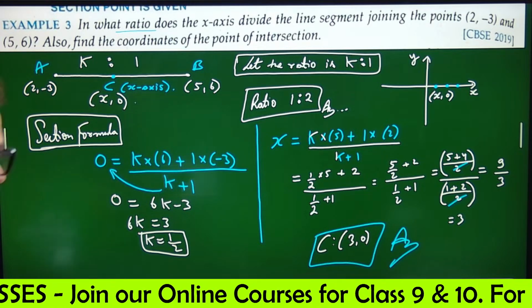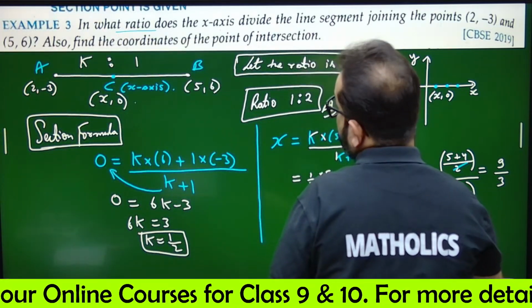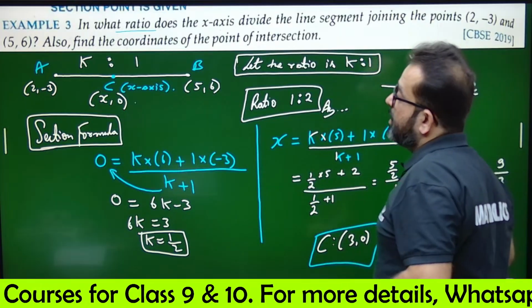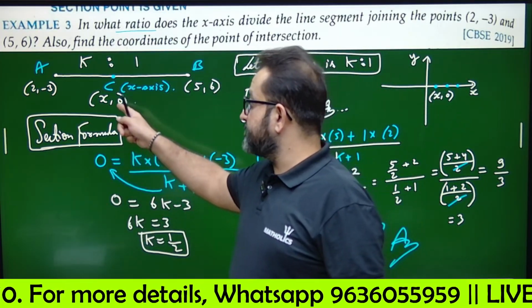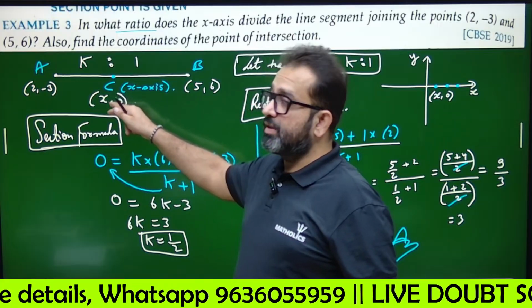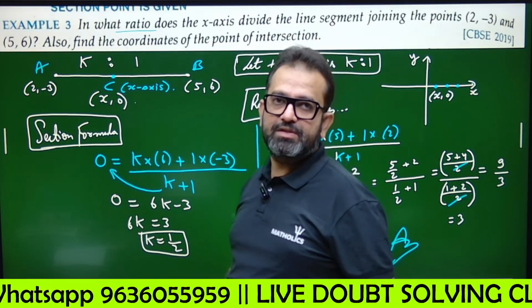Okay, let's start. Done. So now this is a given point on the x-axis. What if this point had been on the y-axis? Tell me the coordinate of this point, if this point was on the y-axis.